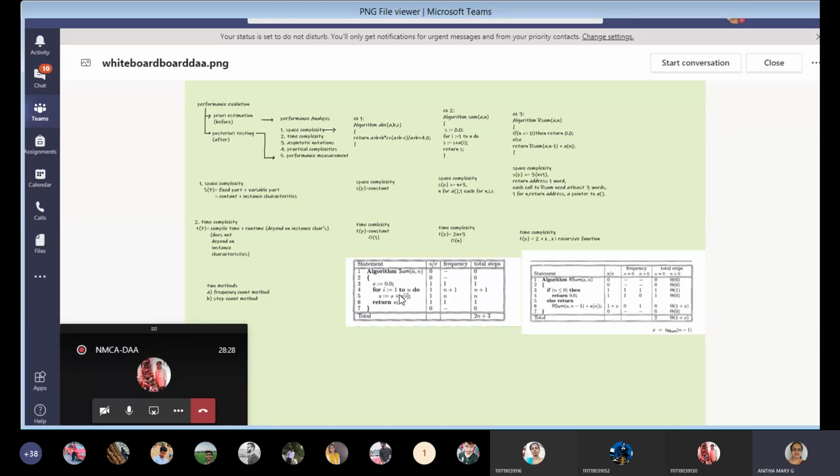Okay. And in the for loop 1 to n, at a time for one step, how many values is it going to take? Only one. So when i is equal to 1, only for 1 it will iterate. When it is 2, for 2 it will iterate. That means for one step, only 1 unit of time. And here also 1 unit of time. Okay, when i is 1, a of 1 will be added. When i is 2, a of 2 will be added. That means at one time only one execution will be done. And the return statement also takes 1. And this parenthesis takes 0. Okay. So steps per execution.